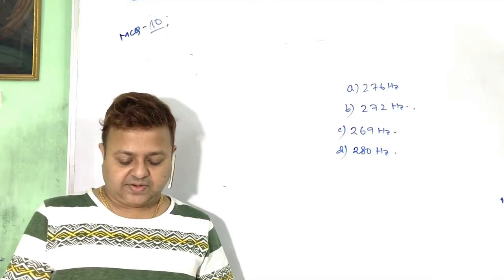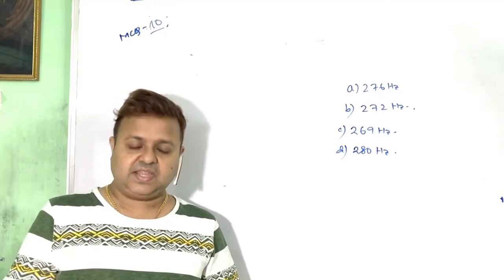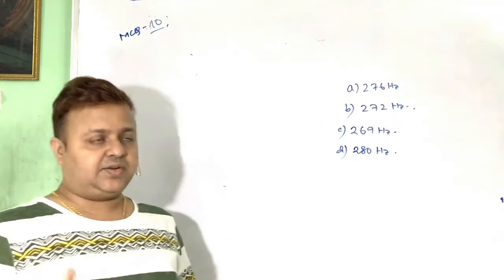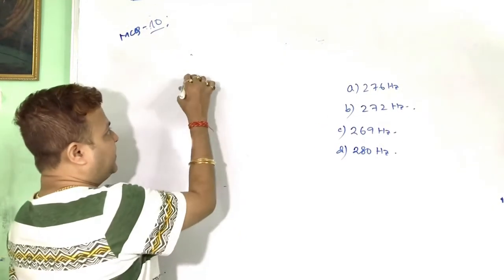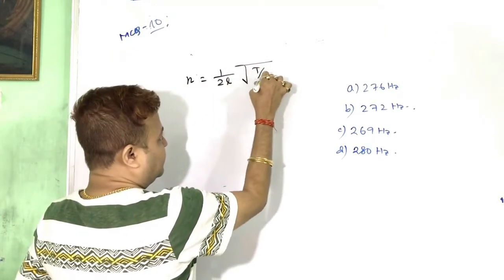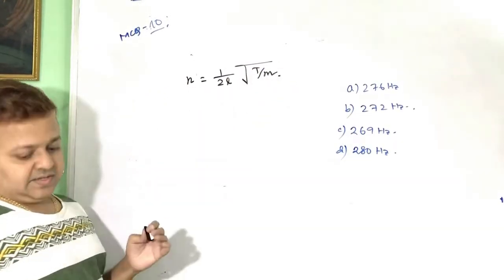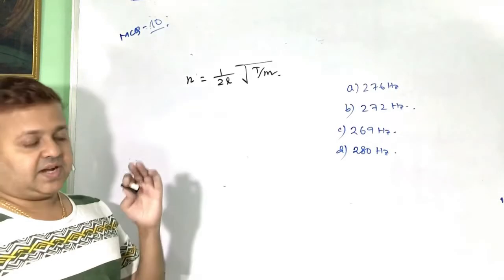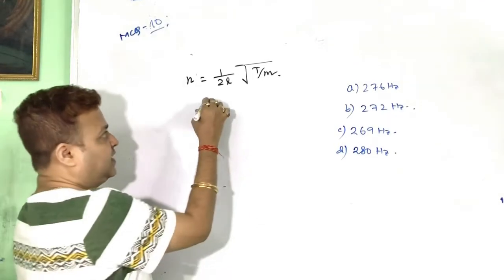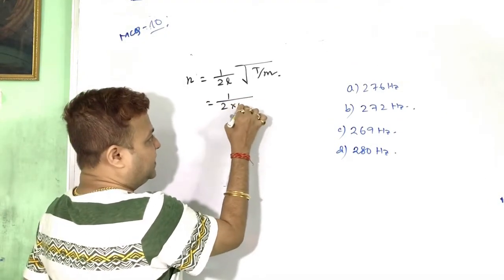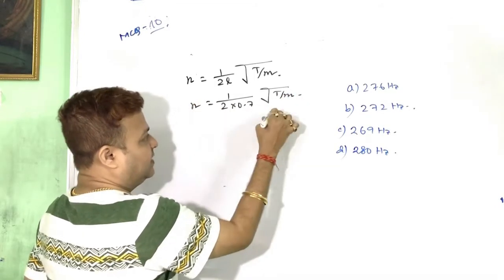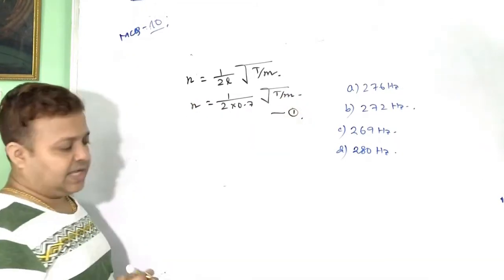The frequency of the tuning fork will be... তারপরে 70 centimeter long sonometer wire একটা tuning fork এর সঙ্গে resonance create করছে, that means the frequency of the sonometer wire, fundamental frequency of the sonometer wire, that is the frequency of the tuning fork. The length of the sonometer wire is 70 centimeter, that is 0.7 √P by M, that is the frequency of the tuning fork. Resonance create করছে। এবার বলছে